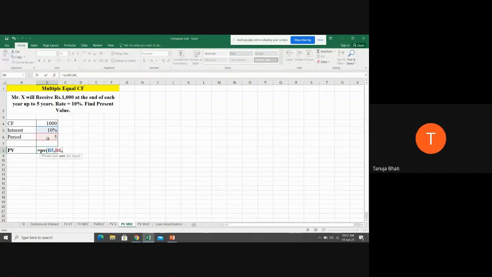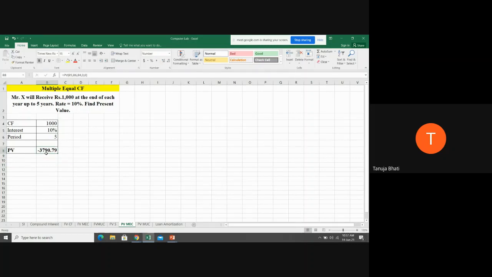Very good. Comma. Next, 0. Next, what do I need to do? PMT. PMT is nothing but your cash flows, 1000. B4. Very good. B4. Comma. Then 0, they're asking one more type. So comma 0, closing bracket, enter. Okay. So I got the present value as